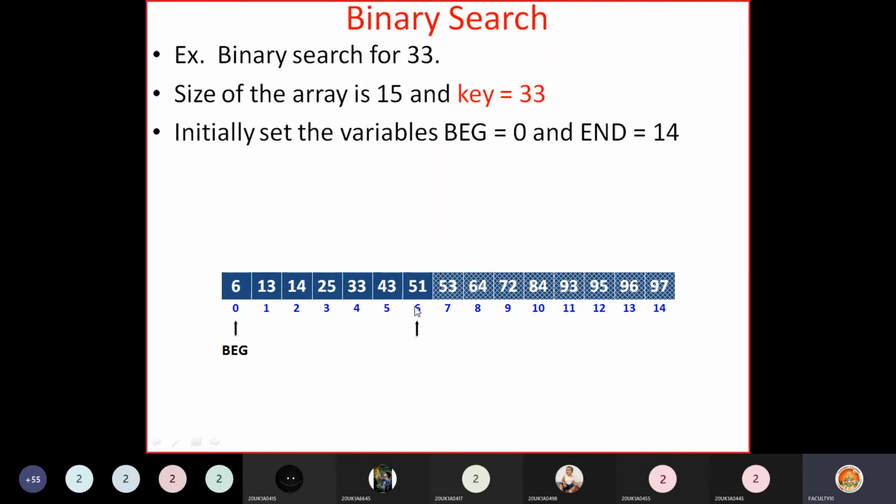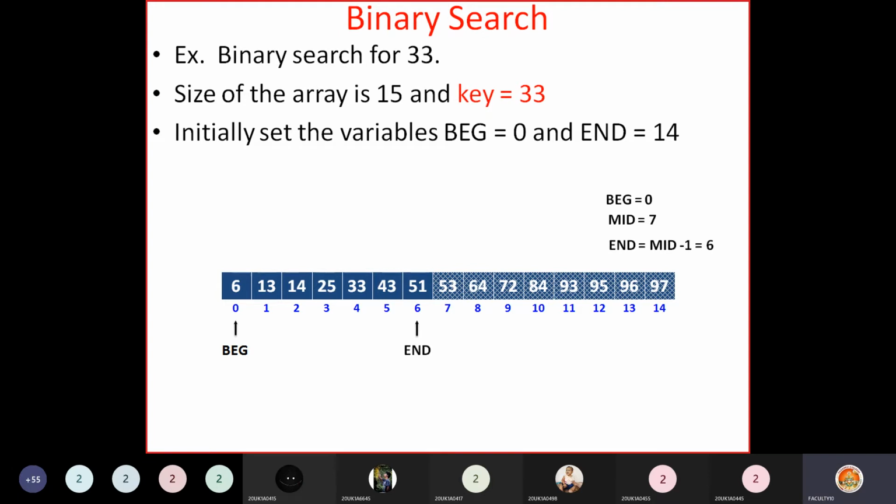Okay, right. So now you have to set the beginning and end points again here. Beginning will not change here. Beginning will be 0 only because you are searching only in the left half of the array. Beginning as usual will be 0. Mid value is 7, already we calculated. Then your end value you need to set again. So end will become mid minus 1. Mid minus 1 means 7 minus 1 is 6. So now your variable end will contain the location 6. Now this will become the end element location.